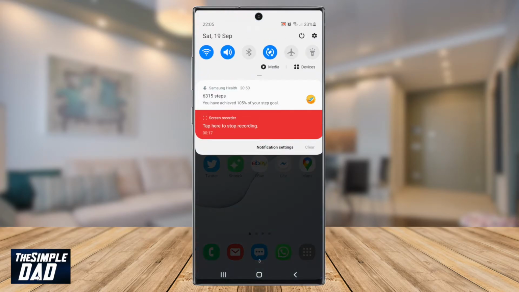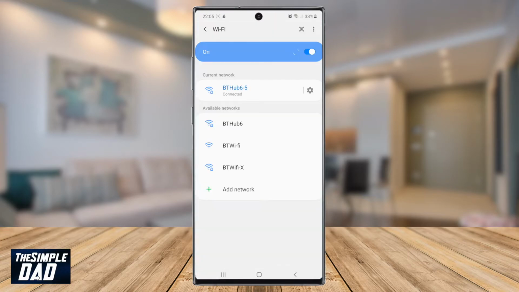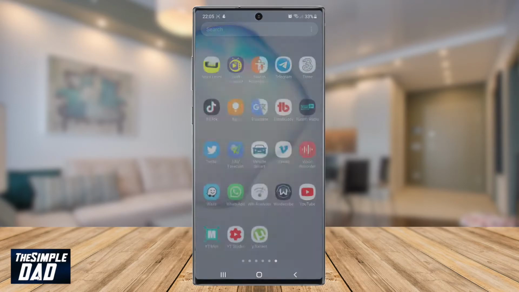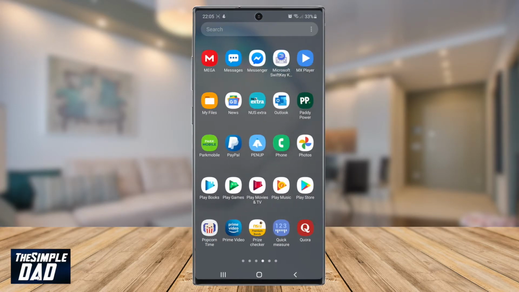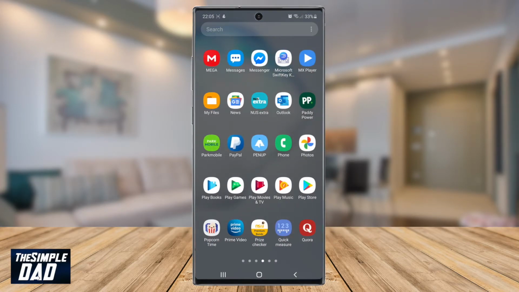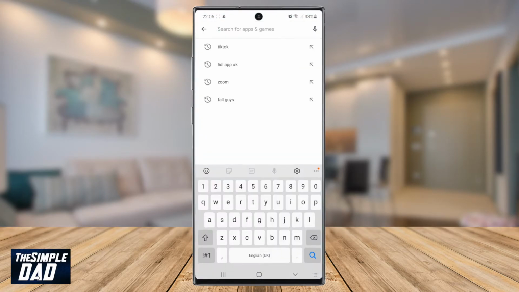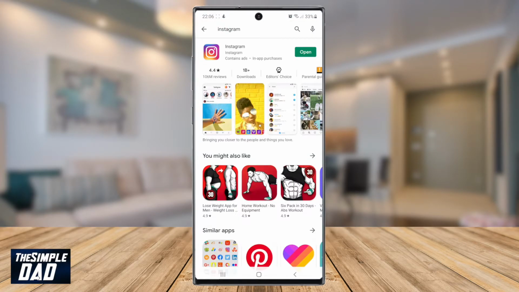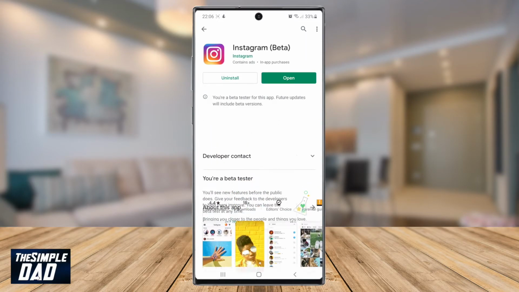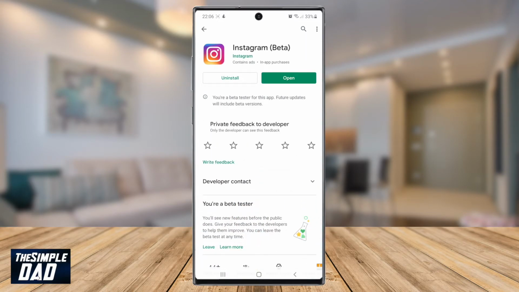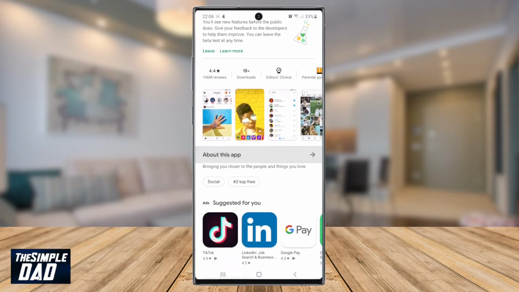Check your internet connection. And uninstall or reinstall the application on your phone. Keep in mind that you should always make sure you're running the latest version of the Instagram app as well as the latest version of your phone or your tablet's operating system. If all those steps fail, and if you think you found a technical problem on Instagram, you can report it